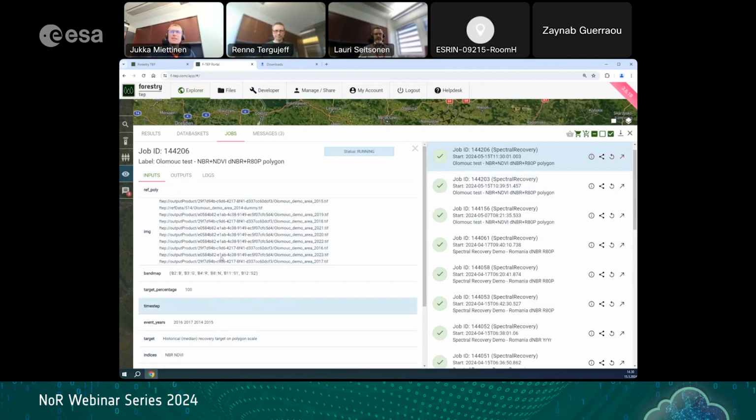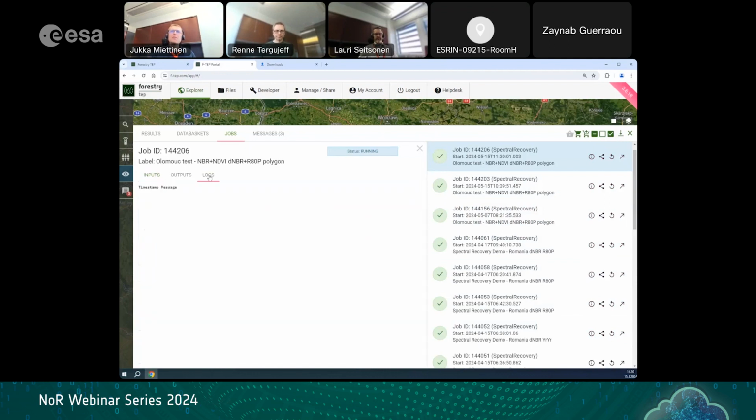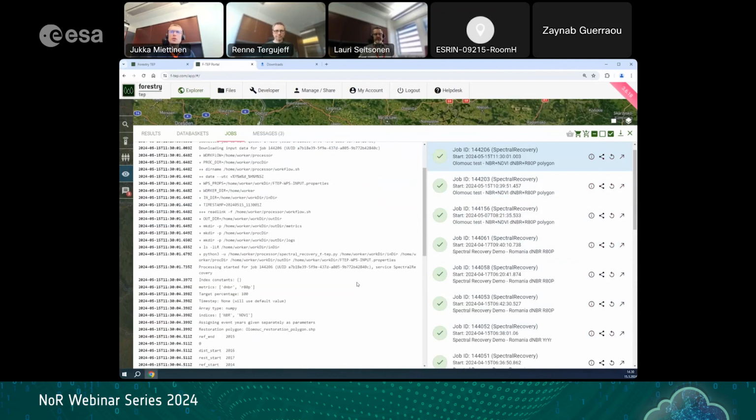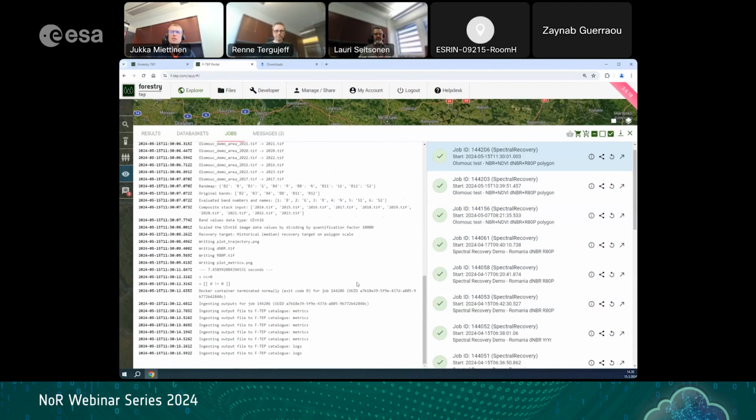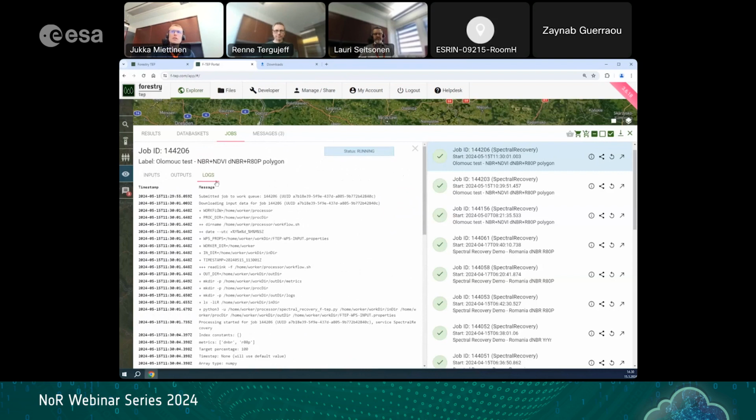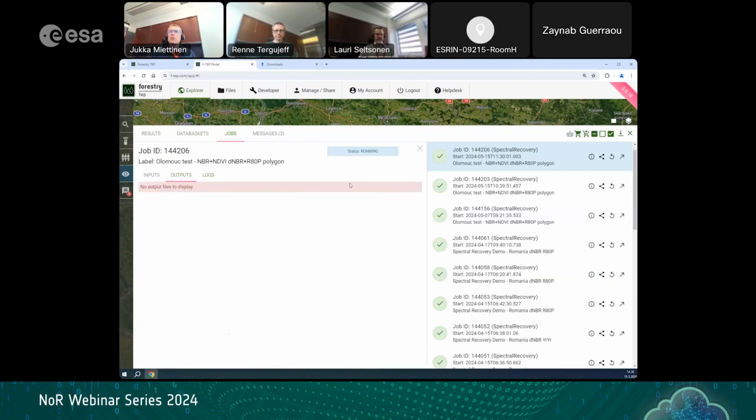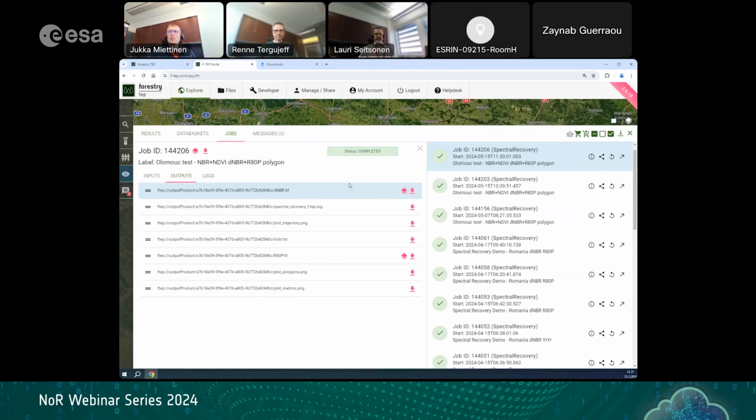And you can see all the inputs you have given. You can follow the log, how the process is going, or in the worst case, if it crashes for some reason, you can find here information on what was the error that crashed it. And most importantly, you can see the outputs here. In this particular job, the most useful outputs are perhaps these PNG images that I will show very soon, but you also have these TIFF files if you want to open the